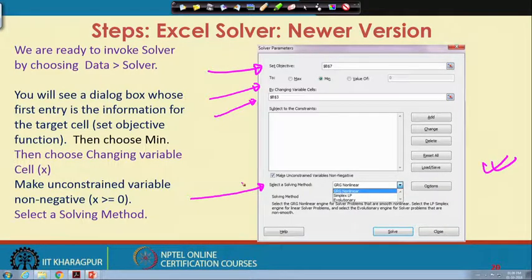We can make unconstrained variables non-negative by checking this box. This means that we are ensuring the decision variable x is greater than or equal to 0.